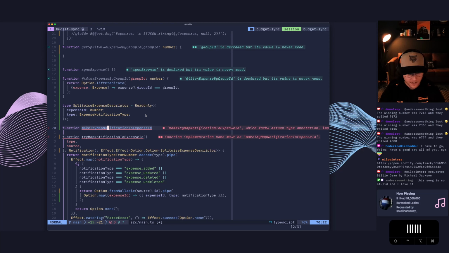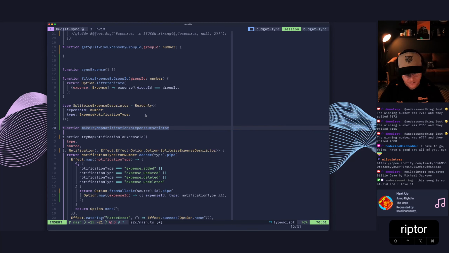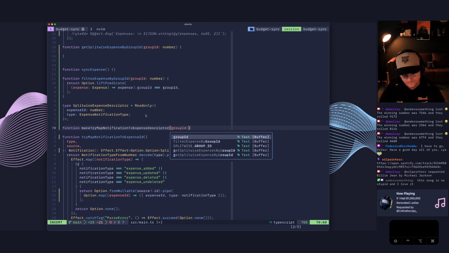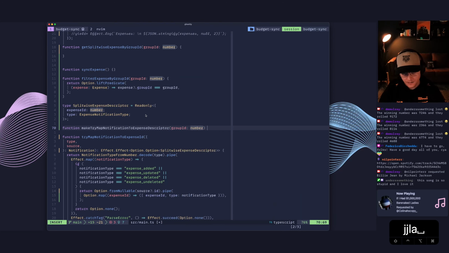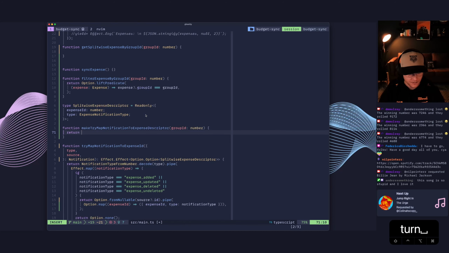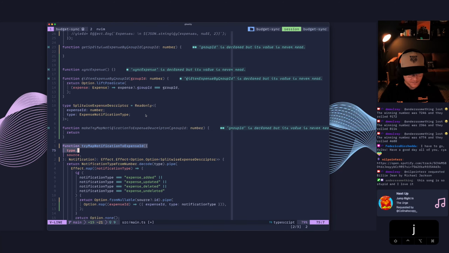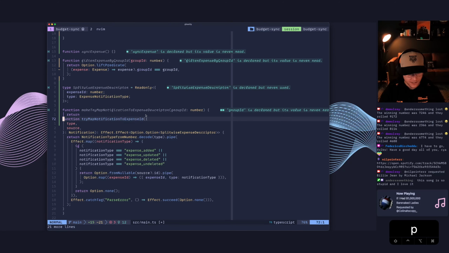Try map notification to expense descriptor. Right, and this is going to need to take a group ID, which will be a number, and then we'll come down here and we'll return this, and we'll take this function, and we'll move that right there,